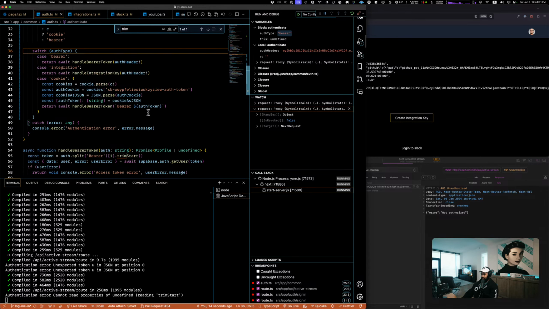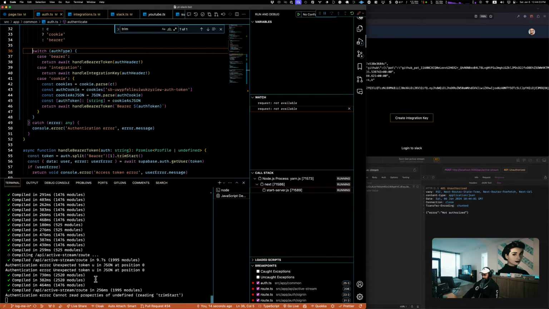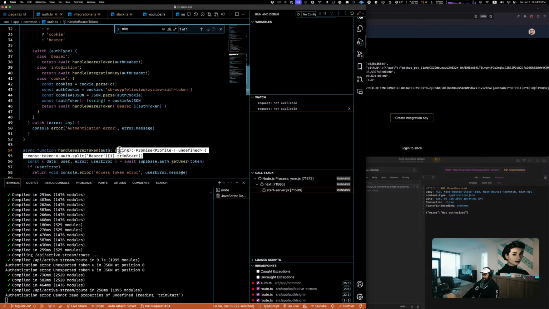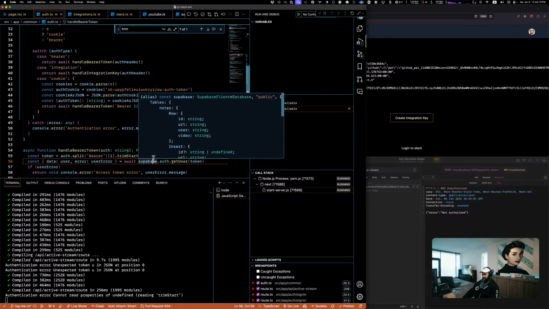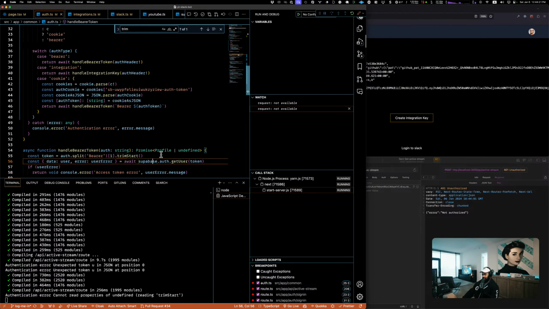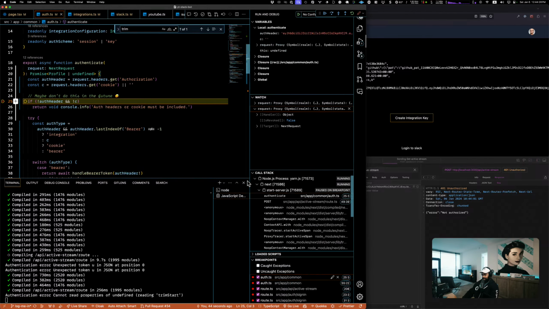So now we finish off the thing, and then we get another error. Authentication error, cannot trim properties. Trim start, which is here. Okay. I see. So one of these, I'm getting an empty value. So let's throw a breakpoint here and see what is that thing.